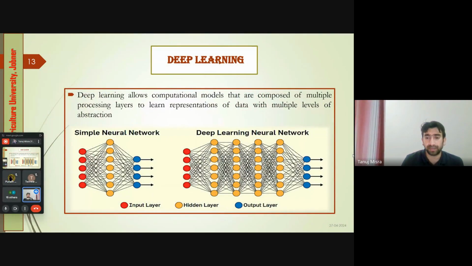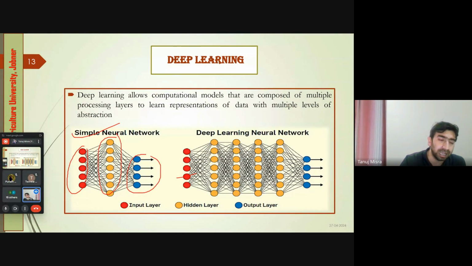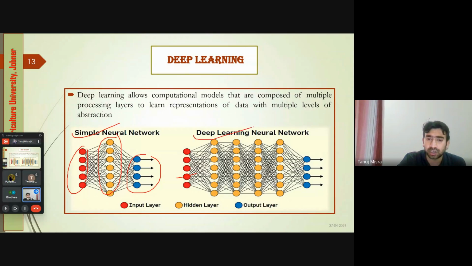Okay, so as I told, consider a simple neural network. This is a simple neural network where there is an input neuron, a hidden node, and the output node. I am presenting this lecture in a very simplistic way. In case of deep learning, what happens? There are multiple hidden layers. Ultimately, the base of deep learning is the simple neural network, ANN, and the base of all these technologies is the concept of regression. I think we have all studied the regression technique, the independent and dependent variable concept.